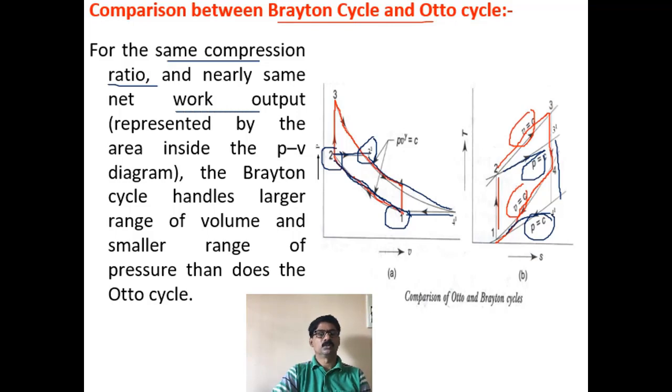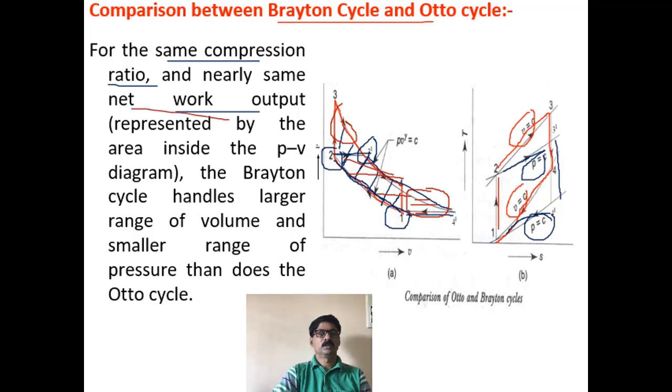same work output. So you can see the area under this diagram, the Otto cycle is this. Okay, let me draw that. This is the Otto cycle up to here. For the Brayton cycle, the area is from here. So this additional area is there. So this area which is there for the Brayton cycle is available for the Otto cycle here. So assuming these two areas are the same, the area under the PV diagram for the Otto cycle and the Brayton cycle are assumed to be the same, so that there is the same net work output.